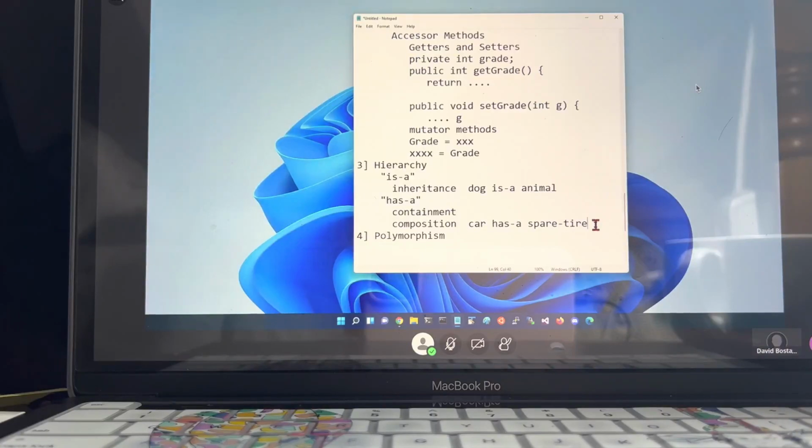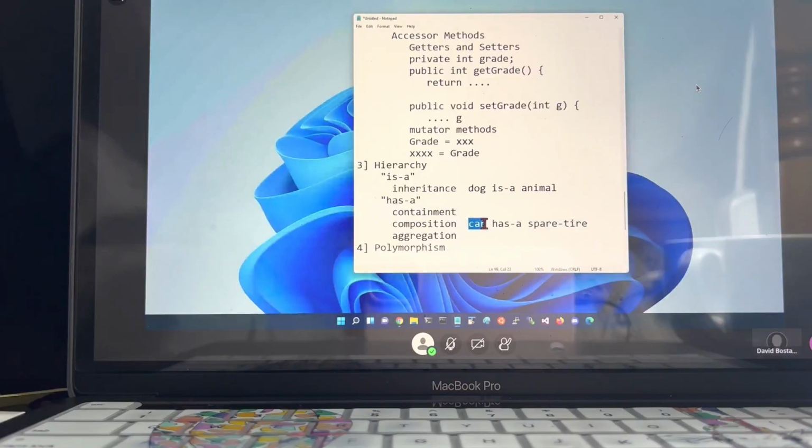Now, composition actually comes in different flavors. And the two main flavors we would talk about are the one called composition and the one called aggregation. In composition, we always think of the object and its lifetime being tied to the object that has it.